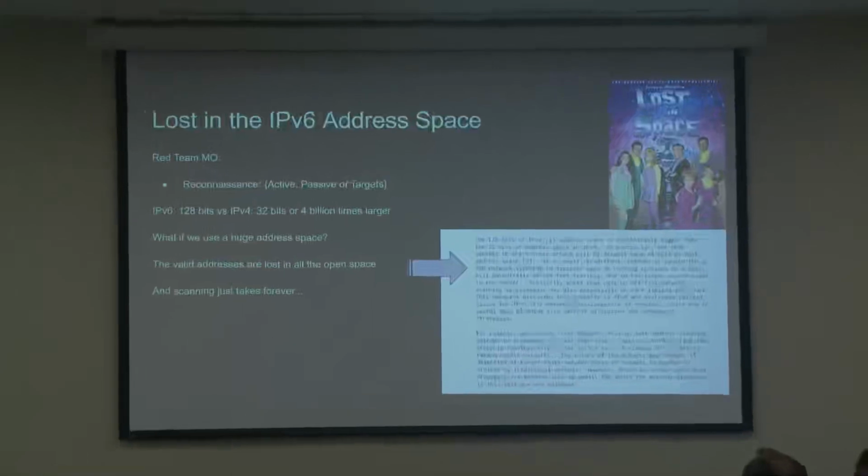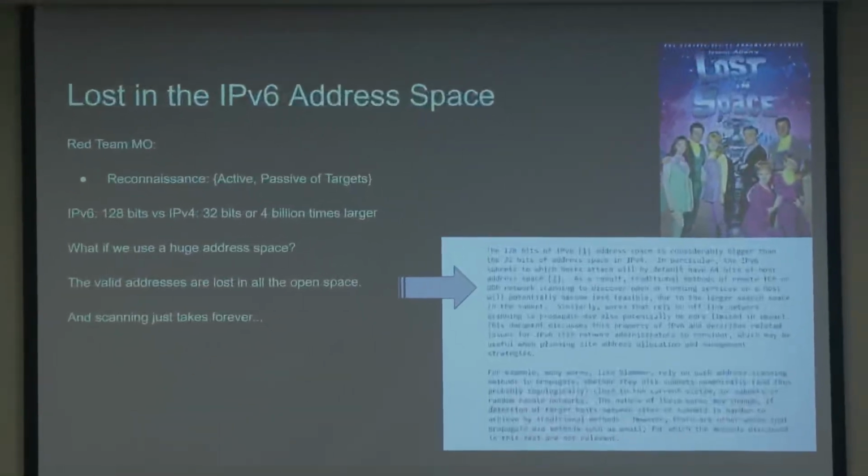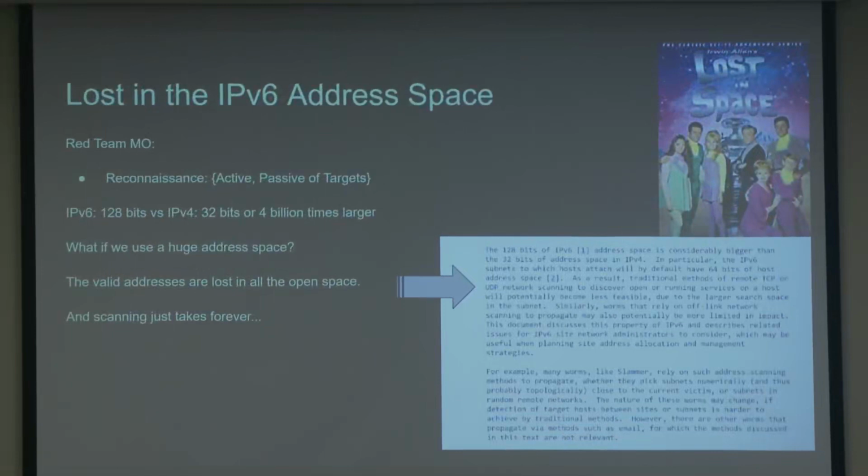Well, the red team is now scanning through this much larger address space. Where they previously didn't see things, we're going to be spinning services back up. Where they did see things, we're going to be spinning them back down, and then they're going to have to start over again to try and keep up to date on where we are. So the RFC for IPv6 actually talks about this. It says, "As a result, traditional methods of remote TCP or UDP network scanning to discover open or running services on a host will potentially become less feasible due to the larger search space in the subnet." So a pretty easy way: switch over from V4 to V6 and start using